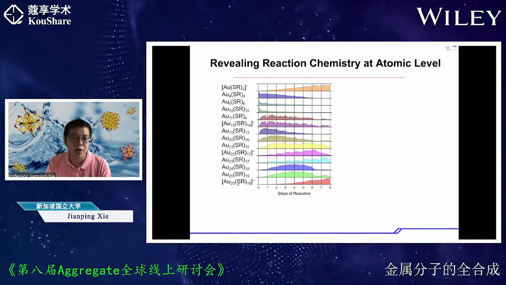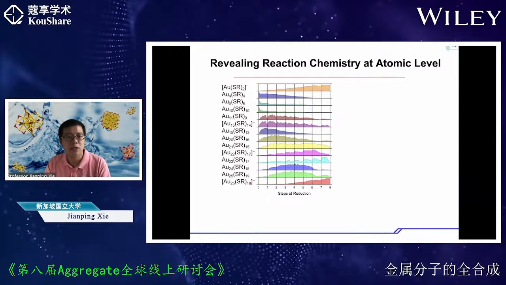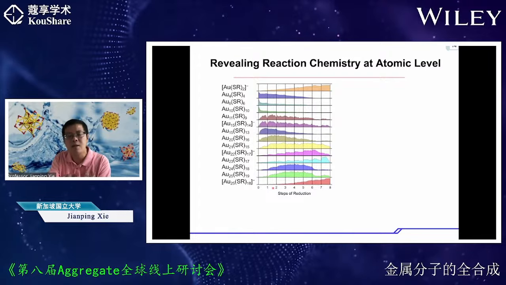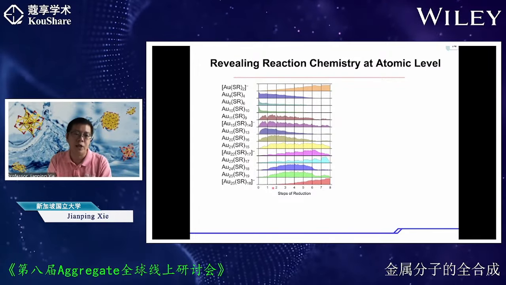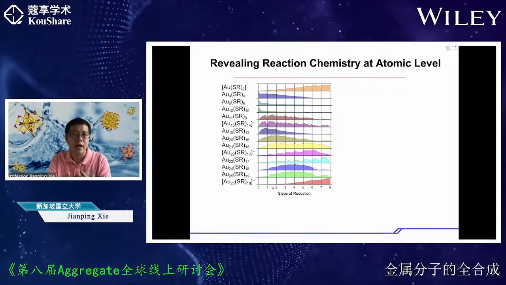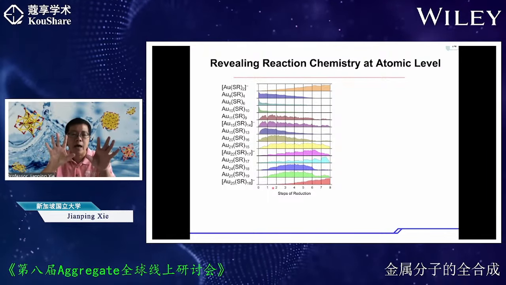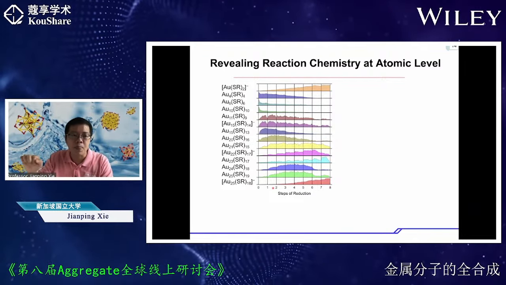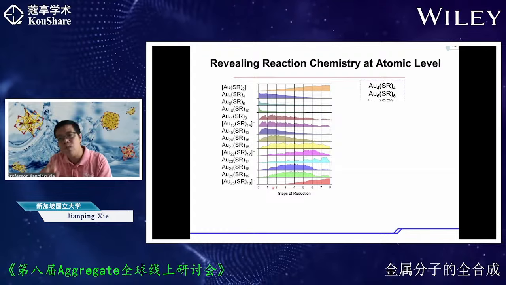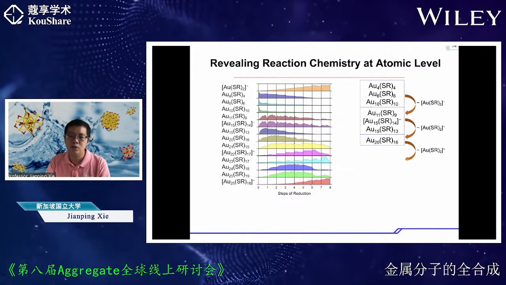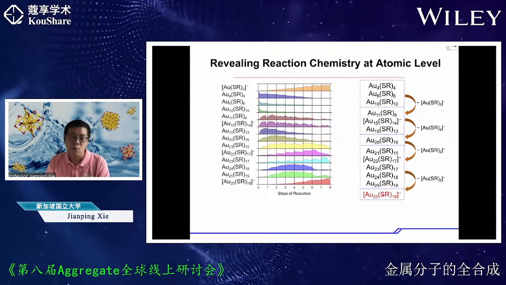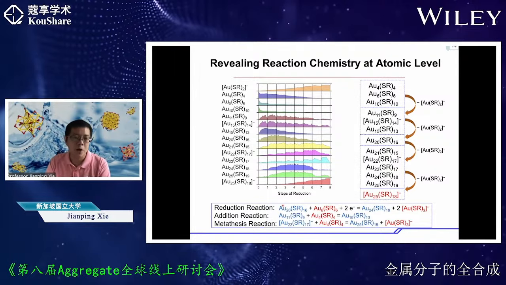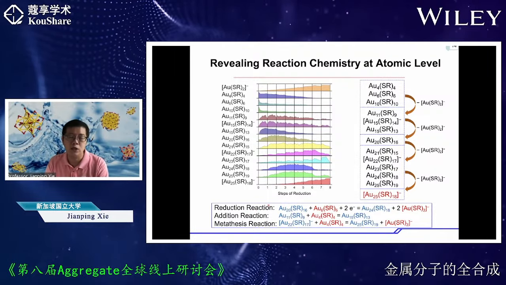So for example, for the Au25(SR)18 nanocluster synthesis, we can identify all these intermediates, and we can also know the time-dependent abundance of all these intermediates. From the analysis, if the abundance of two intermediates decreases and one increases, there is some correlation between these three species. Then we can write down the step-by-step reactions towards the formation of the final products. We can also identify the different reactions by using this very simple method, like reduction reactions and addition reactions.